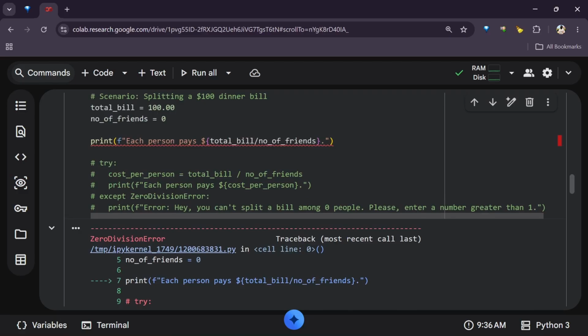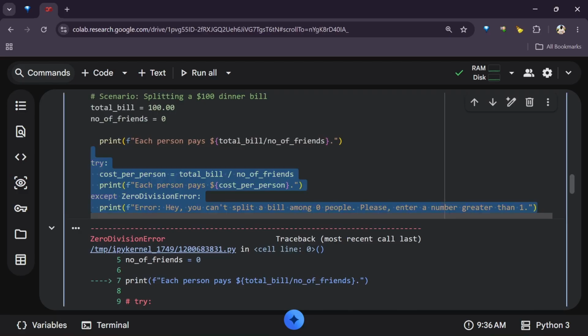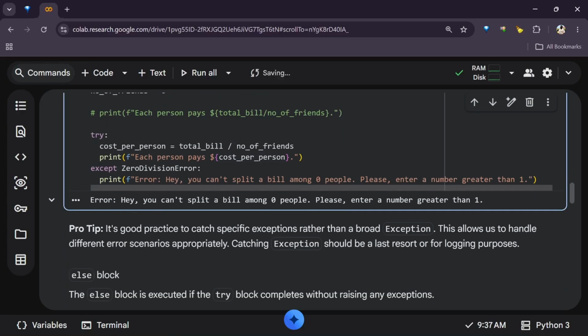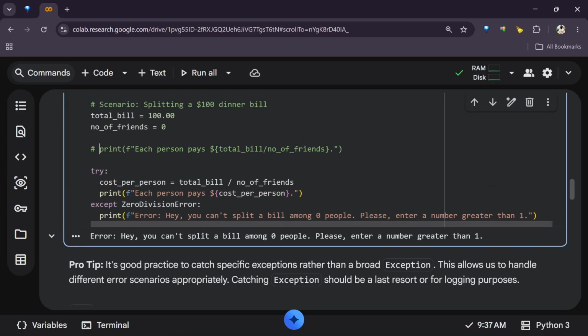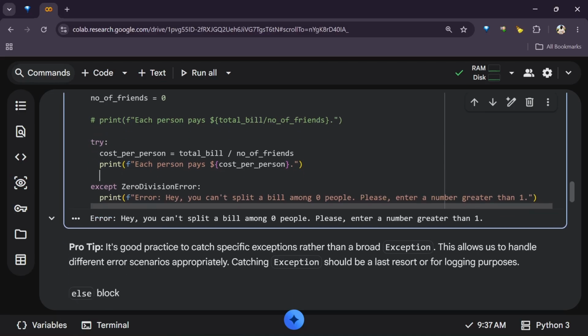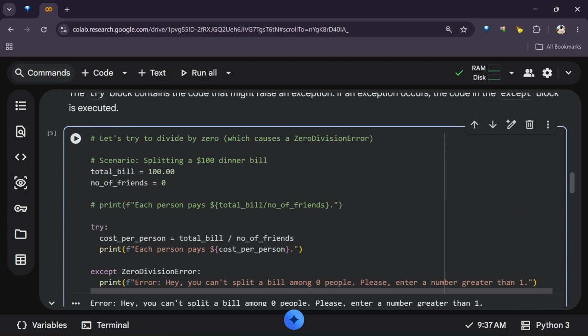So how do we undo it? I'll comment this out now. Let me undo and bring this. So I want to see a user-friendly message. So if we run this now, you can see it says, "Hey, you can't split a bill among 0 people. Please enter a number greater than 1." And you can see that that now makes more sense, right? So you can see how the try and except block has helped us undo this error in a very nice way, right? But of course, we can't say we're done, because what if we now have